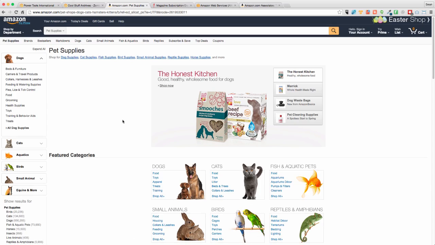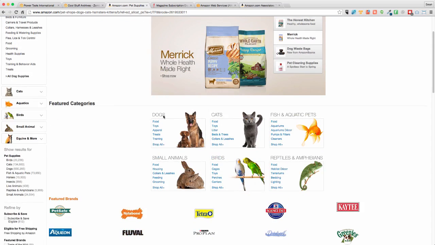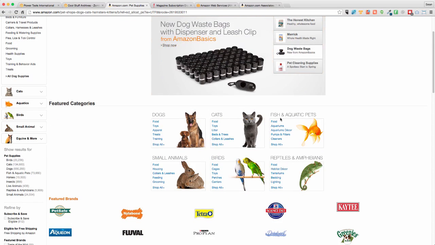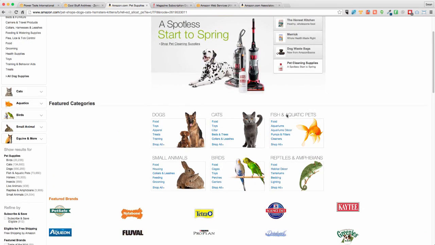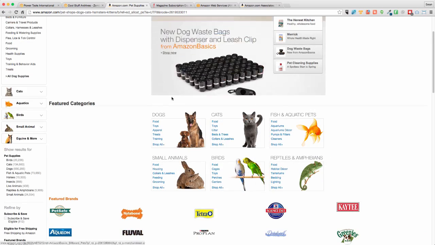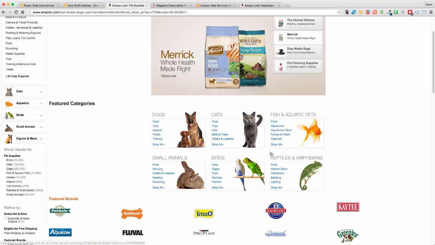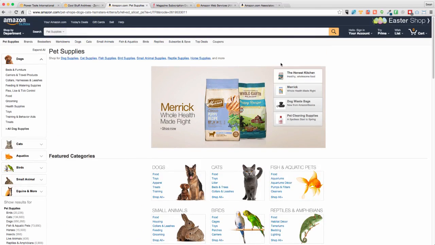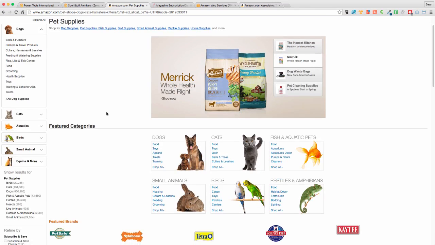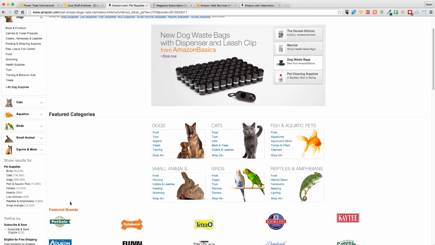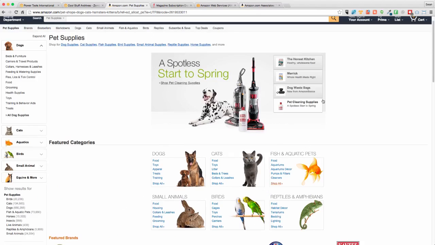Now, if I wanted to go with a really big store, then maybe I just wanted to have an overall pet store. I'm going to have lots and lots of subcategories. For example, just in this reference, you can see the most popular categories: dogs, cats, fish, small animals, birds, and reptiles. That could be my basis for my store. I could have all that stuff right up front, and it gives me an idea about some of the featured products that are up there. I could dig deeper, and you can see there's lots of other subcategories. But again, this is giving us some interesting ideas for brands, for our store.